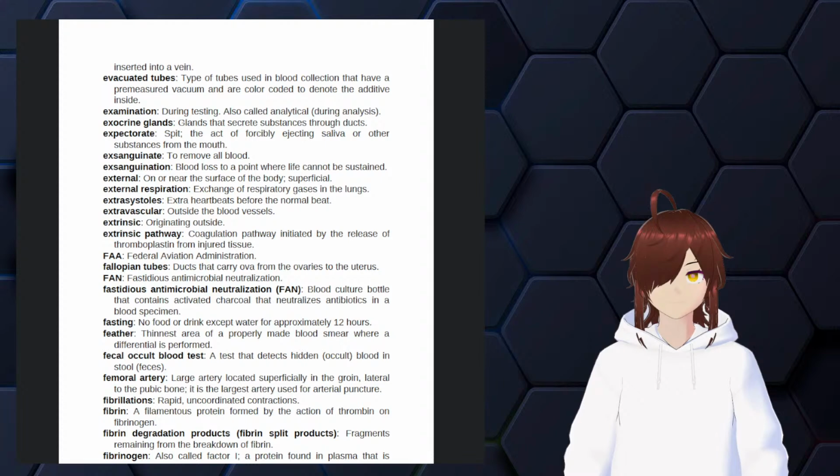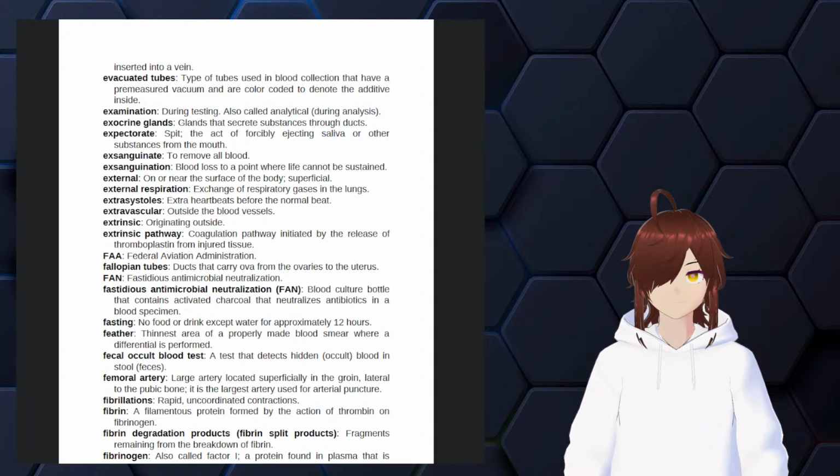External, on or near the surface of the body. Superficial. External respiration, exchange of respiratory gases in the lungs. Extrasystoles, extra heartbeats before the normal beat. Extravascular, outside the blood vessel. Extrinsic, originating outside. Extrinsic pathway, coagulation pathway initiated by the release of thromboplastin from injured tissue. FAA, Federal Aviation Administration. Fallopian tubes, tubes that carry ova,